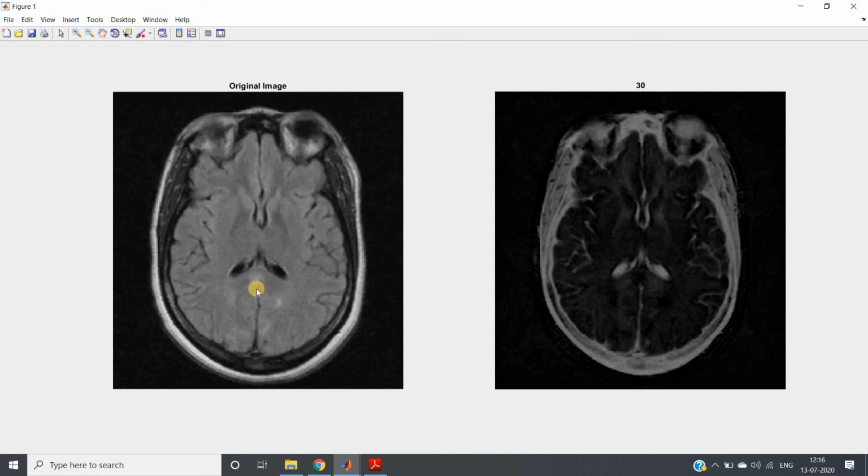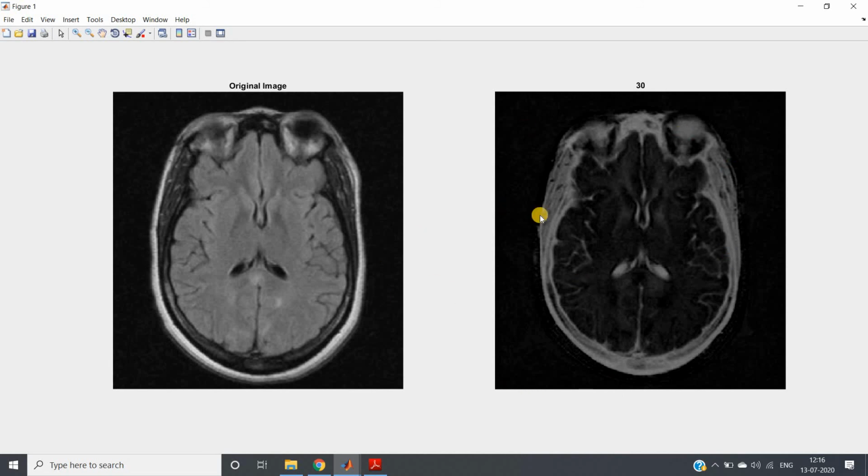only which is darker in our original image but surrounded by the whiter or bright part, right? Like here for example, these two lobes, if you consider, are darker but surrounded by white part. Here in the output image those two are highlighted and the whiter part is darker, right? Here if you consider this one, observe this part, here this part is highlighted but this is darker. Here in the output it is reversed, this is highlighted but the brighter parts in the input image are now darker, right?